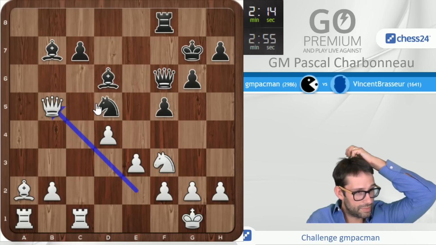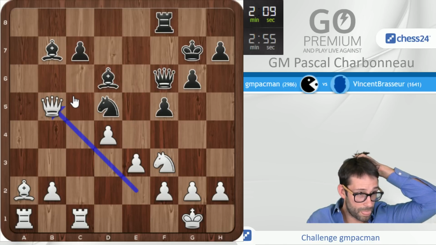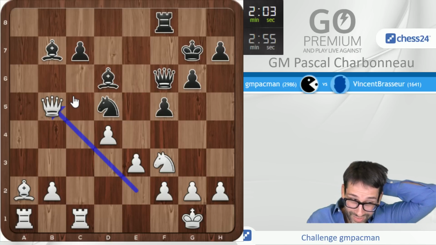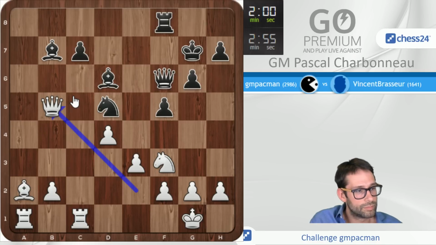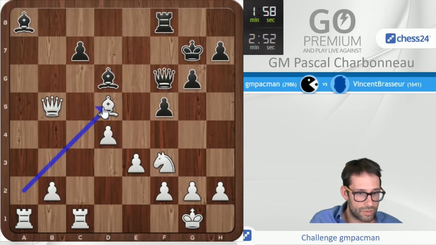I'm attacking pieces here, so you can play knight b6, probably his best move. And then I may have to see what I do there. Probably this a4 was not that amazing, but now